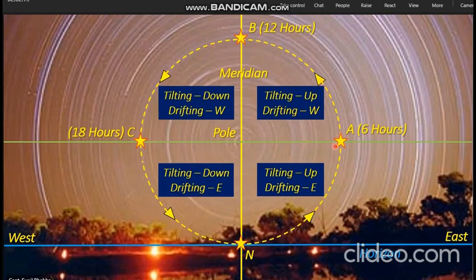You see, from Alpha to Bravo, it is moving in the westerly direction. Westerly direction is the left side in the diagram. So from Alpha to Bravo, it is moving westerly. From Bravo to Charlie, it is again moving in the westerly direction. So this tells us that the drifting of the spin axis is going to be westerly from Alpha to Bravo